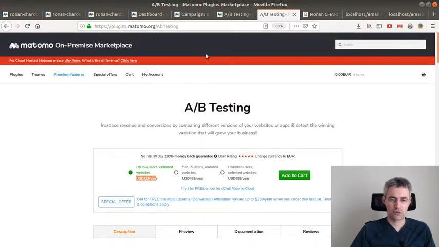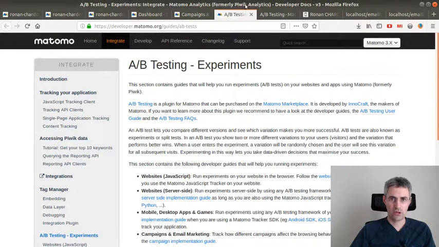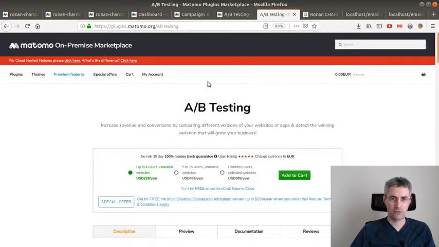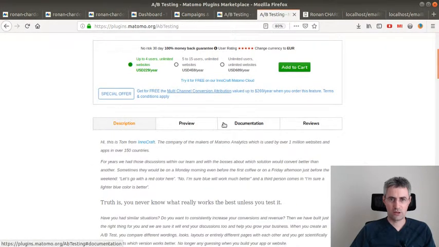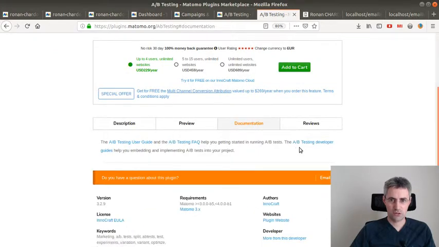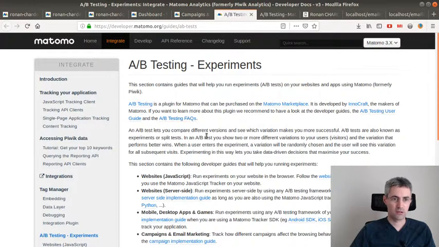And today I'm just going to talk about one part of it. The idea is to introduce you to how this plugin works and how you can already make your own test and see if it fits your expectations. When you look at the A/B testing documentation, it just sends you afterward to the developer guide, and that's the part that I'm going to describe.